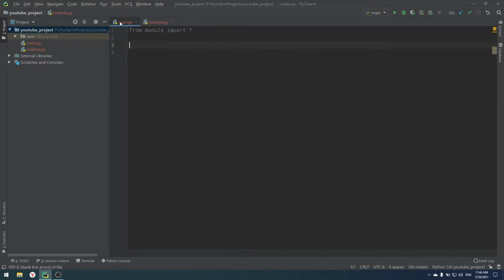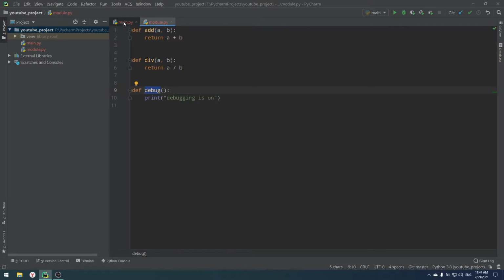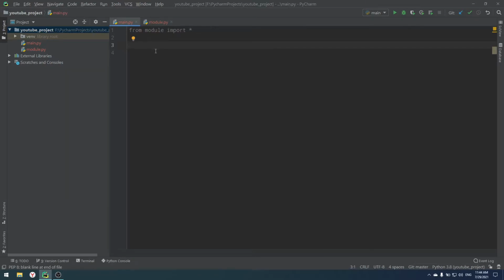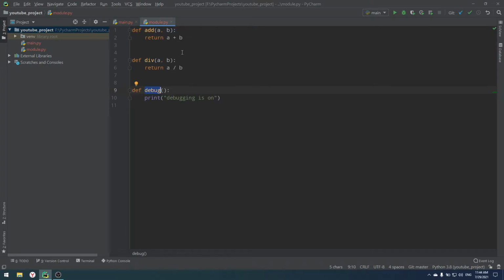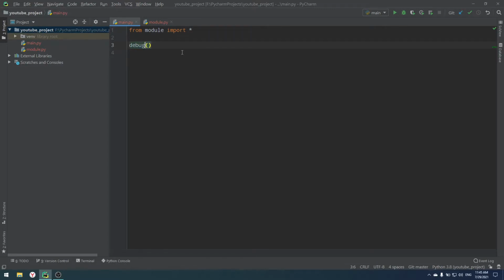And what if some hacker will look for my debug information, because it's very useful for them. And since I'm using from module import all, I can just literally write debug, because that function can be called anything, like start debugging option or start anything. And since I don't know that I import that function from my module right here, I can cause a lot of problems for my program, for my company, and for my team in the future,